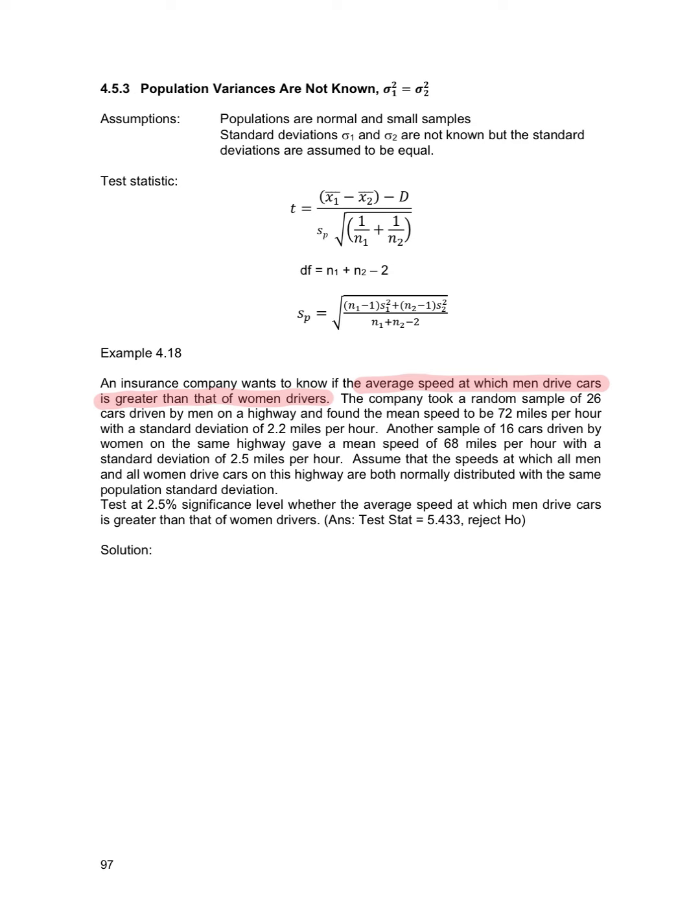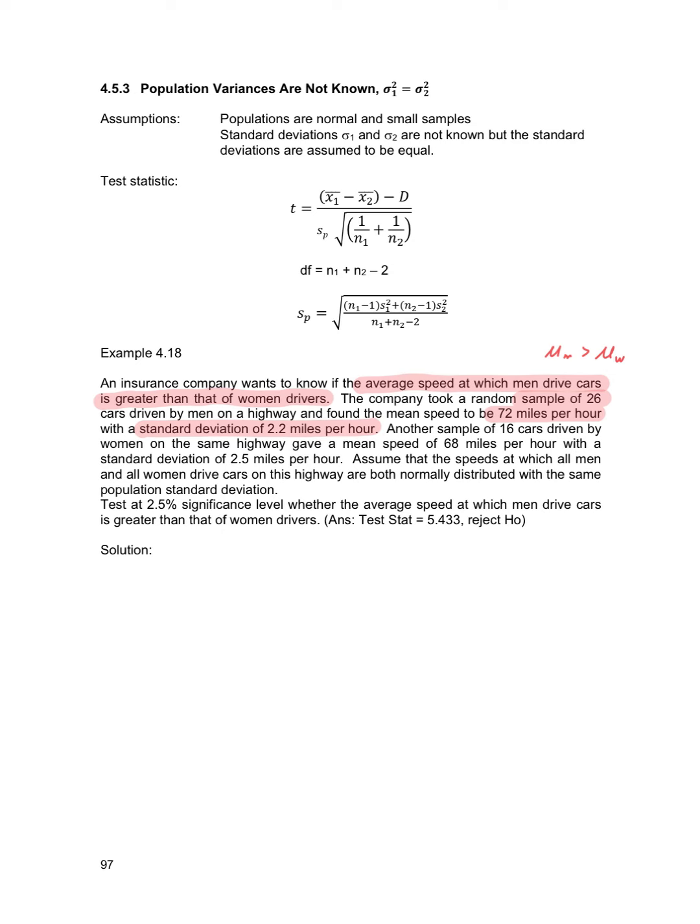So dia punya statement, dia nak test mu untuk men greater than mu untuk women. So they took a sample of 26 car drivers who are men, and found that the mean speed is 72 miles per hour, standard deviation 2.2 miles per hour. So kita ada value